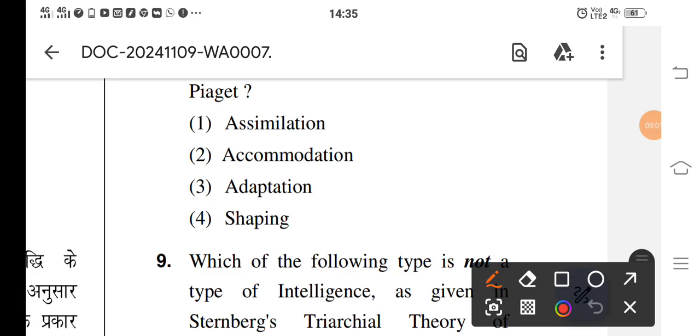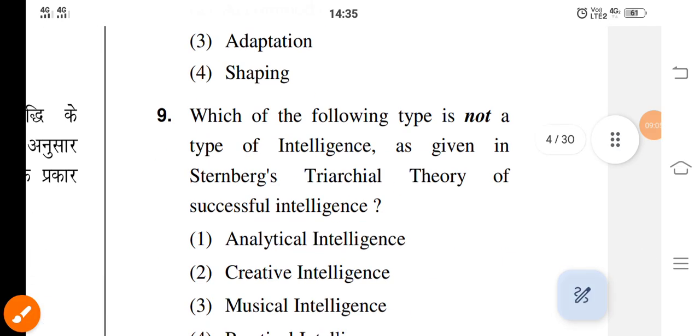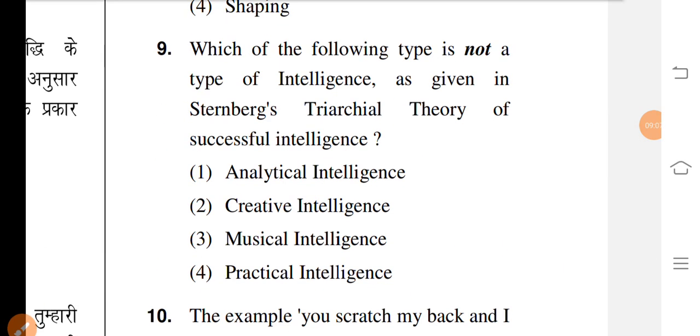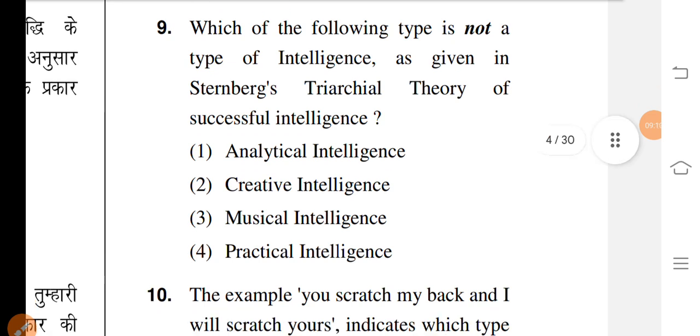In Piaget's cognitive development he has given assimilation, accommodation and shaping. Okay, but he has not given about adaptation. Okay, next 9th question. Which of the following type is not a type of intelligence as given by Sternberg's triarchic